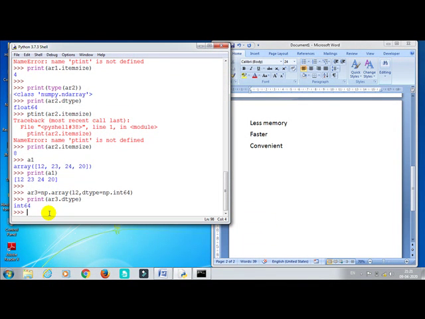You can see now it is int64. This way, similarly, we can change it for the second array also.